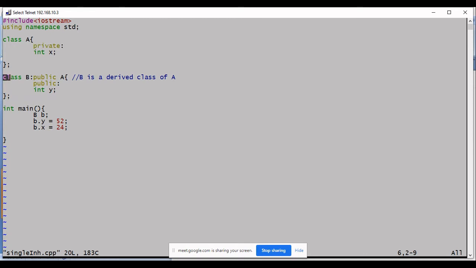In this syntax, using which I implemented the inheritance, do you observe this keyword public? I have not written just the class name, I have written one keyword public. What is its significance?